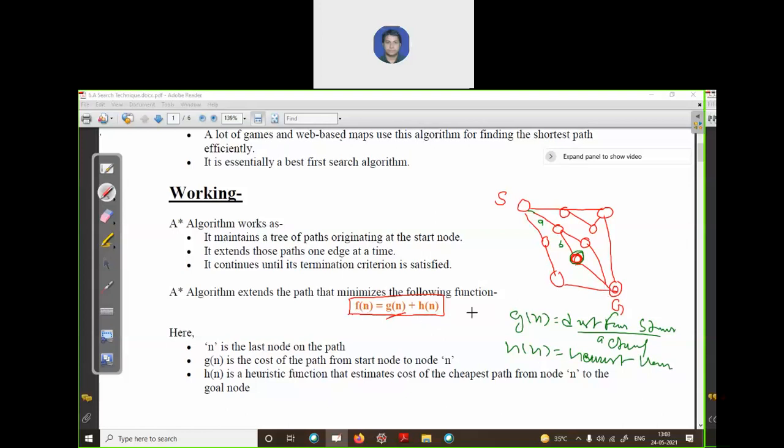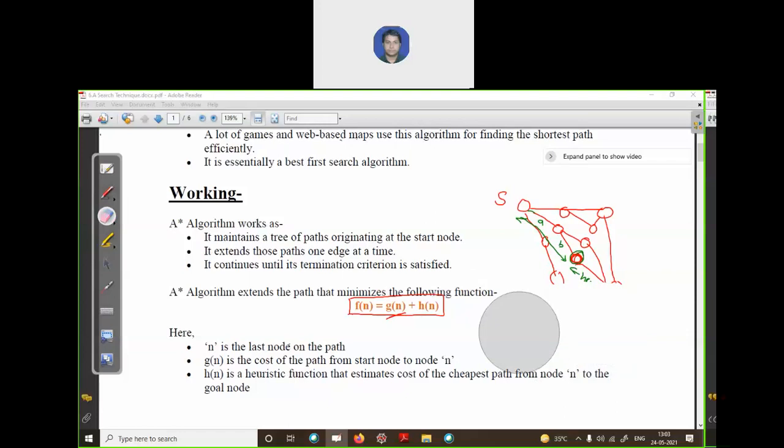And Fn is the summation of these two, Gn and Hn. Gn is the actual cost from start state to current state, and Hn is the heuristic estimate of the cost to reach your goal node from that point.